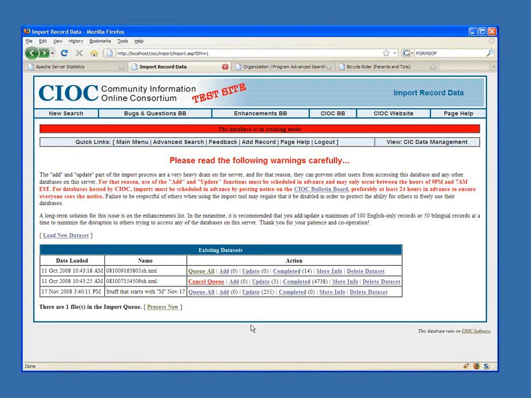In order to actually perform the update, I have three options. I can click Add or Update to individually add or update some or all of the records, or I can do Queue All, which will do both the adds and the updates in one go. It will add them to the queue. You can see I have one right now in the import queue, this one here that says Cancel Queue. And then at any time I can click Process Now, and it would run through any of the files in